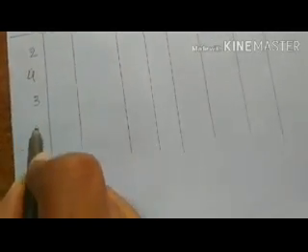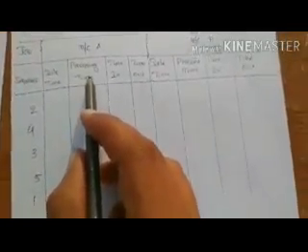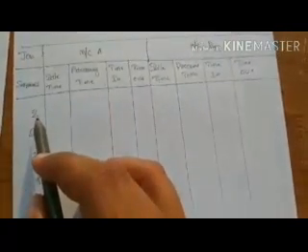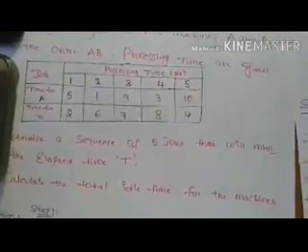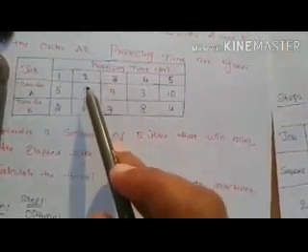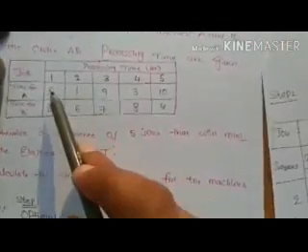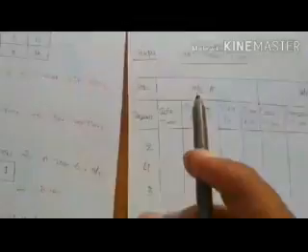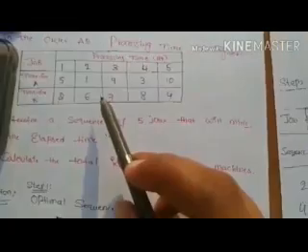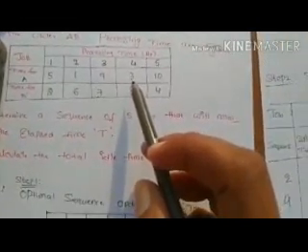Okay, that is 2, 4, 3, 5, 1. Then what is the processing time for the second job on machine A that has been given in the problem itself? The processing time for the second job on machine A is 1 hour. Okay, first write the 1 hour. Next, what is the processing time for the fourth job on machine A? That is 3.